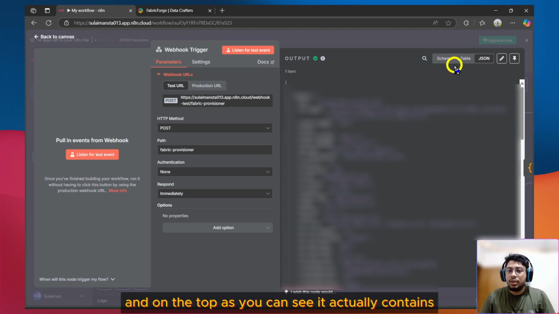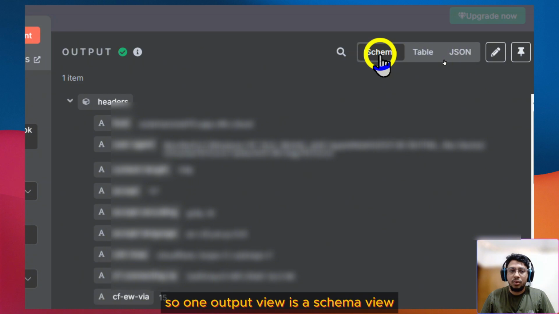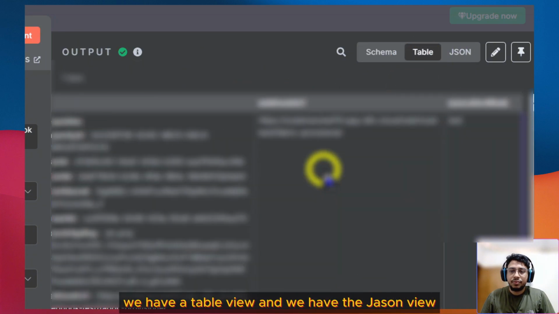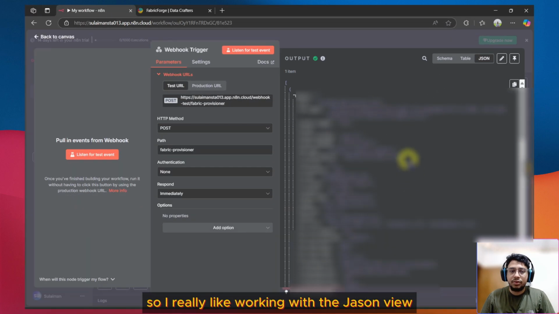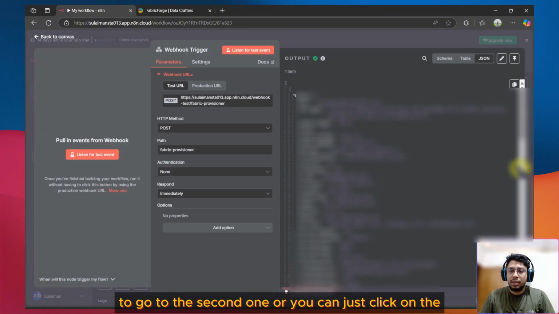And on the top, as you can see, it contains several output views. One output view is a schema view. We have a table view, and we have the JSON view. I really like working with the JSON view. Now you can go back to Canvas to go to the second one, or you can just click on